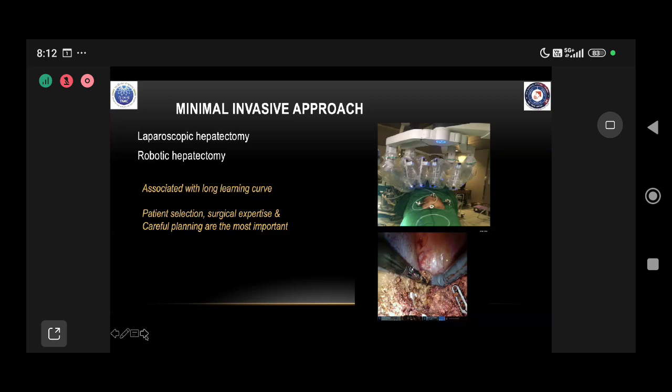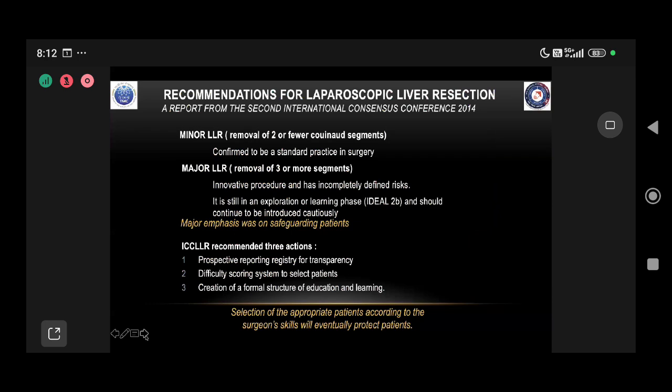Lastly, the minimally invasive approach has been widely propagated now, at least for peripherally placed tumors and left lateral sectionectomy. For this also, the crux is to have good patient selection and careful planning. Just a few pointers if you are starting with laparoscopic liver resection: these are the surgeries to go ahead